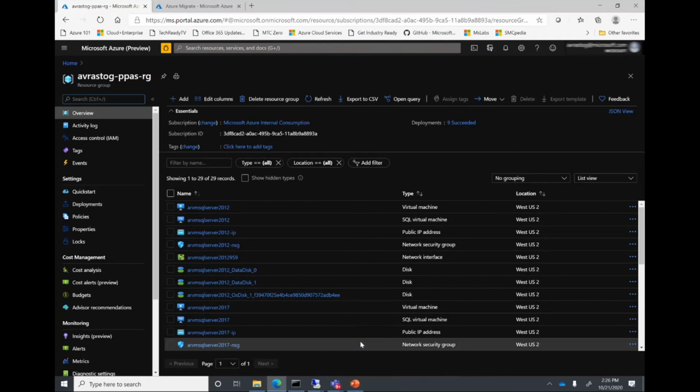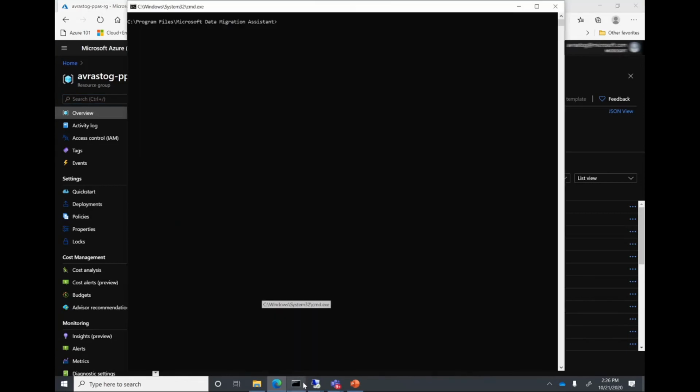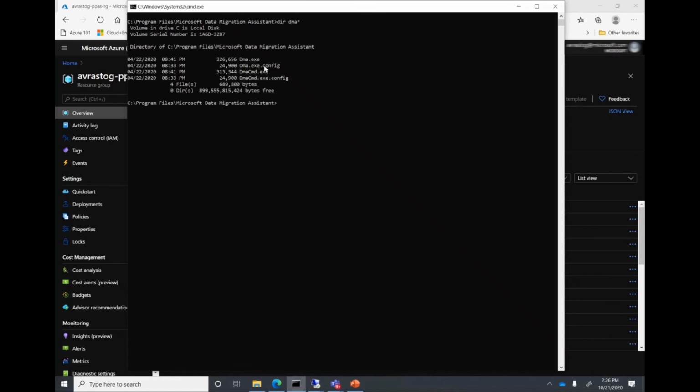Now for the DMA assessment, we need to download this DMA tool from the Microsoft website, which takes literally a couple of minutes. And as Oscar mentioned, we want to make sure that we install DMA on a VM which has enough capacity. By default, DMA would be installed in C:\Program Files\Microsoft Data Migration Assistant. And here you will have DMA